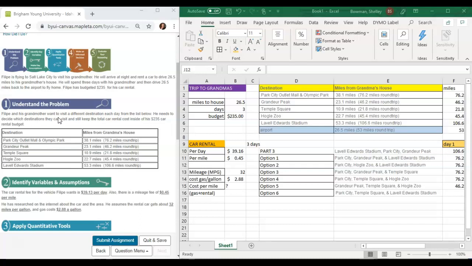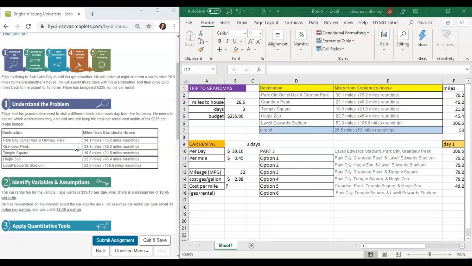Philippe has budgeted $235 for his car rental. Step number 1, understand the problem. Philippe and his grandmother want to visit a different destination each day from the list below. He needs to decide which destinations they can visit and still keep the total car rental cost inside his $235